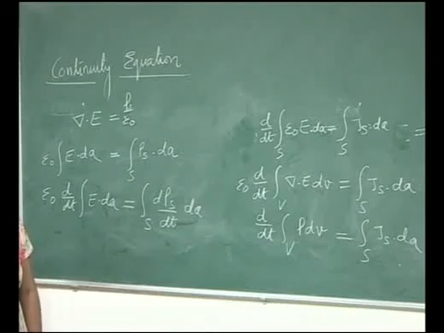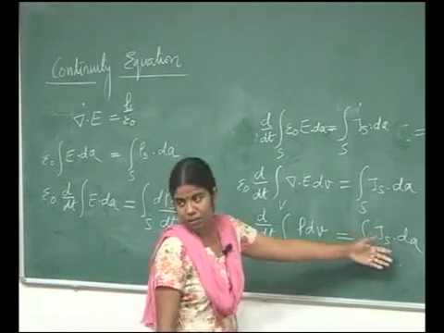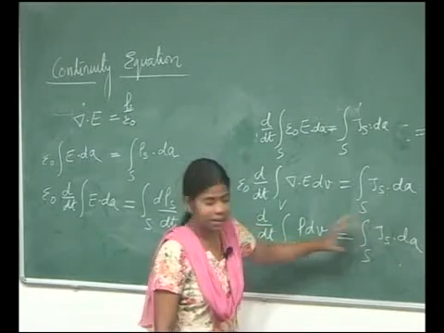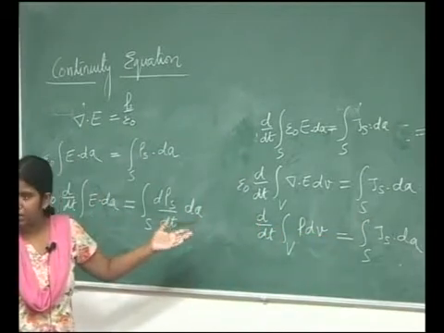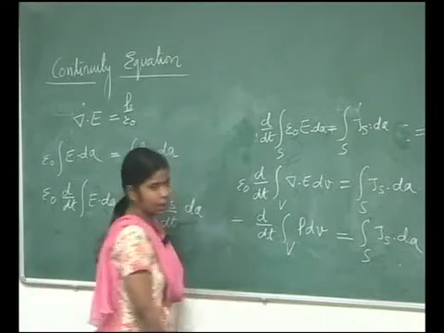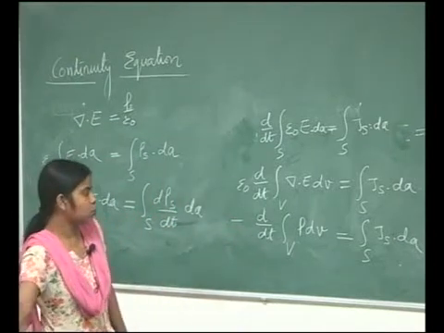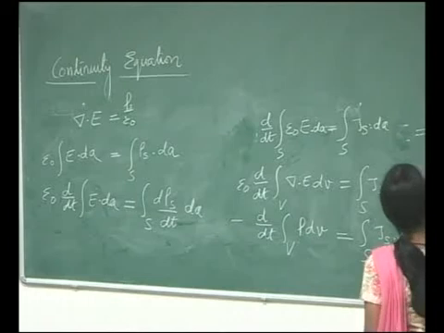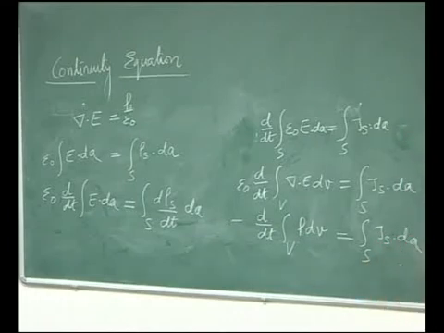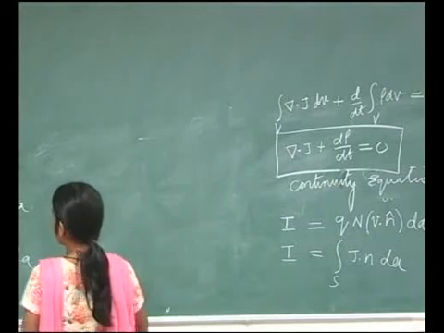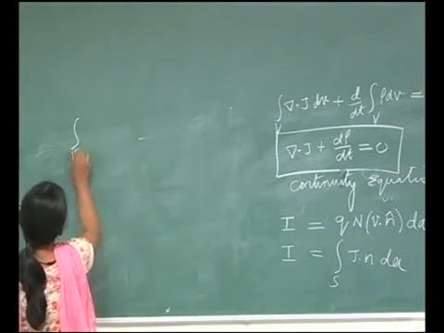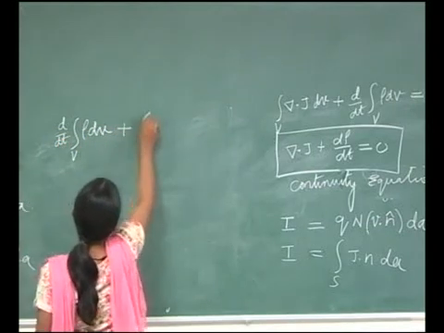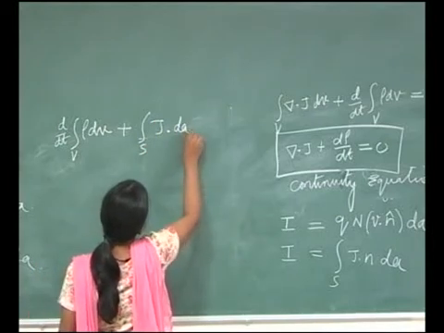Okay. So, if my current is positive, again by the same logic, if my current is increasing, then rate of change of charge should be negative. Okay. So, I apply a negative sign. So, when I do that, I get an equation which throws more light onto the current and charge relationship. So, I can write here that integral over V d by dt rho dV plus integral over S j dot dA is equal to 0.